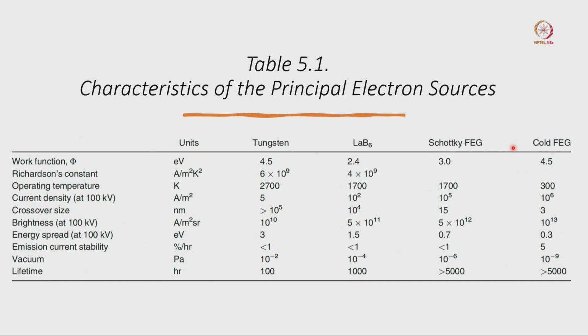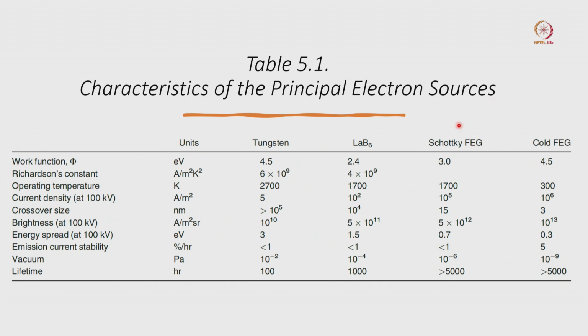Now the question is coming, in what particular case do we use the LaB6 filament or Schottky filament or the cold FEG? Majorly for any kind of room temperature imaging, that is, any DNA, protein, RNA or any cell where we use the normal ultramicrotome, we do the section and then we want to image those samples. So it is better to use the LaB6 filament. There is no need for a field emission gun.